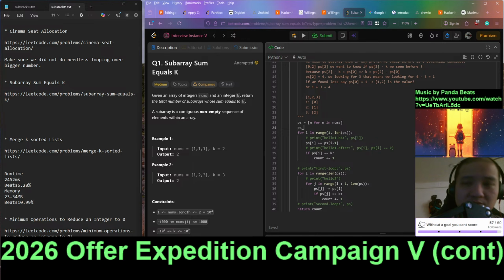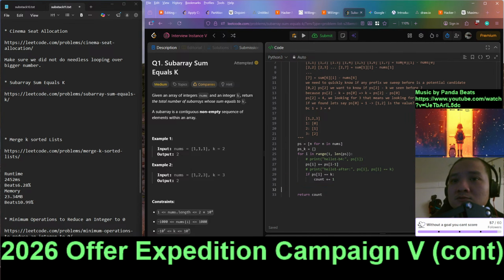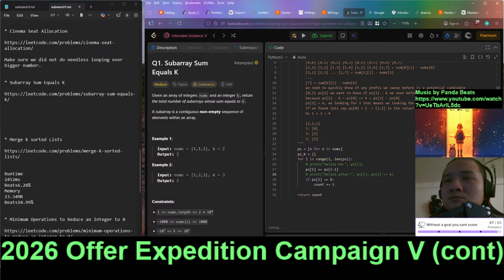This is K, right? So we probably want to optimize the search. Right. So now we know